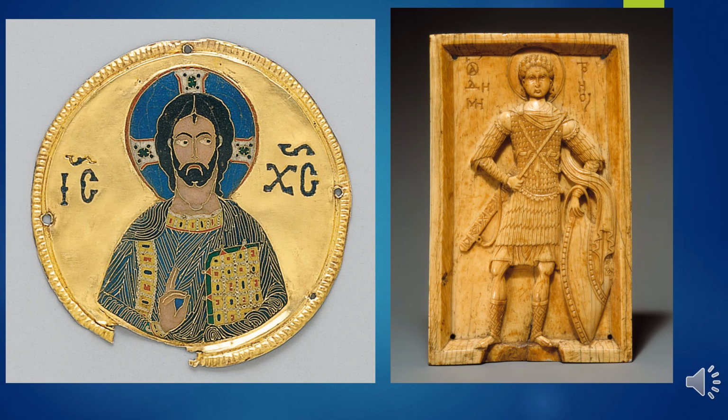On the left, you see a Byzantine reliquary from Constantinople that is an icon of Christ from 1100 AD in cloisonne. So it gives you a good look at those metal chambers with the enamel colors. And then on the right is a carved ivory icon of Saint Demetrios from about 950 AD. He's a popular saint in the Byzantine military. Often carried an icon of Saint Demetrios because he was said to protect the faithful in battle. So that's why you see him in armor with a shield and a sword. Looks like a quiver of arrows.